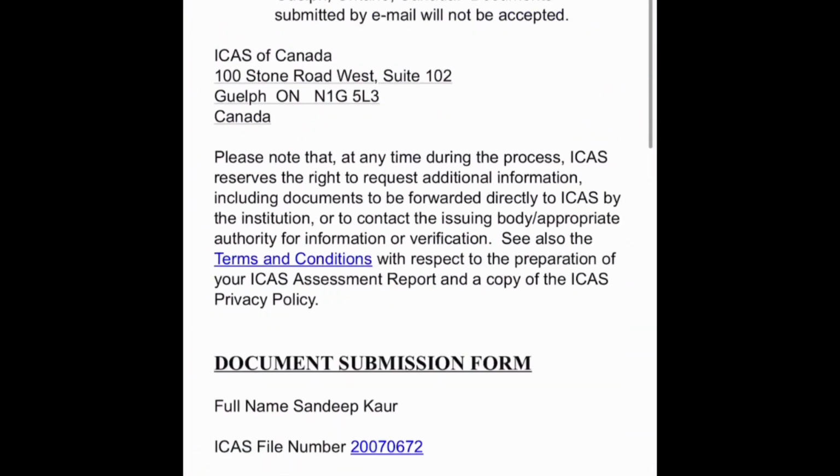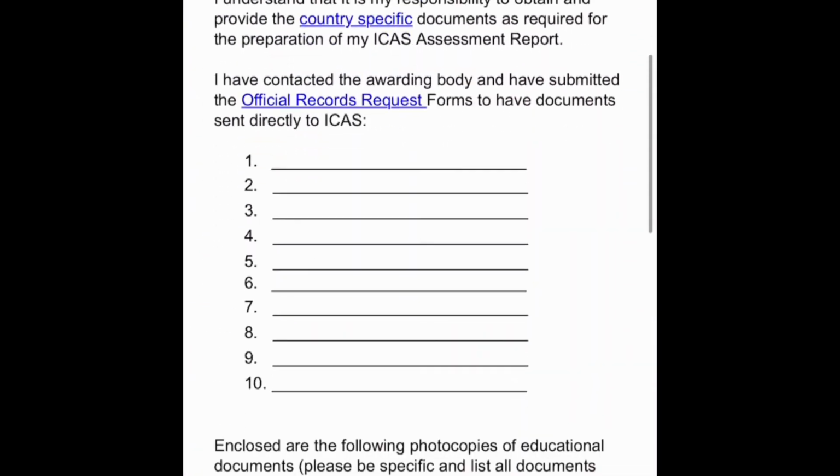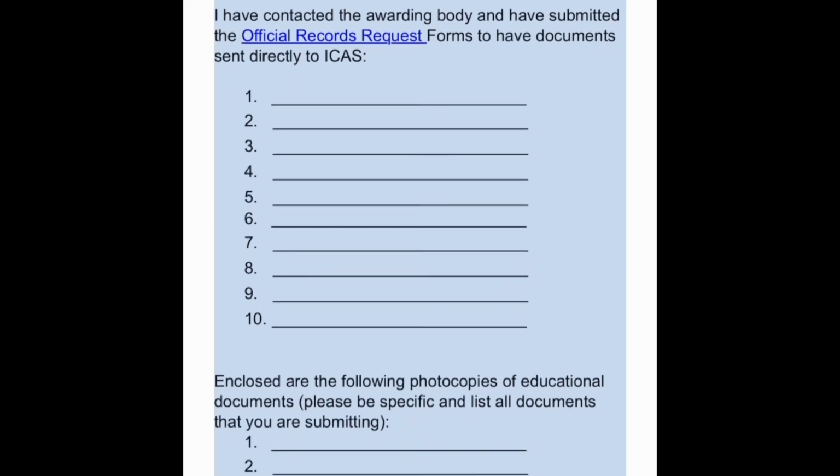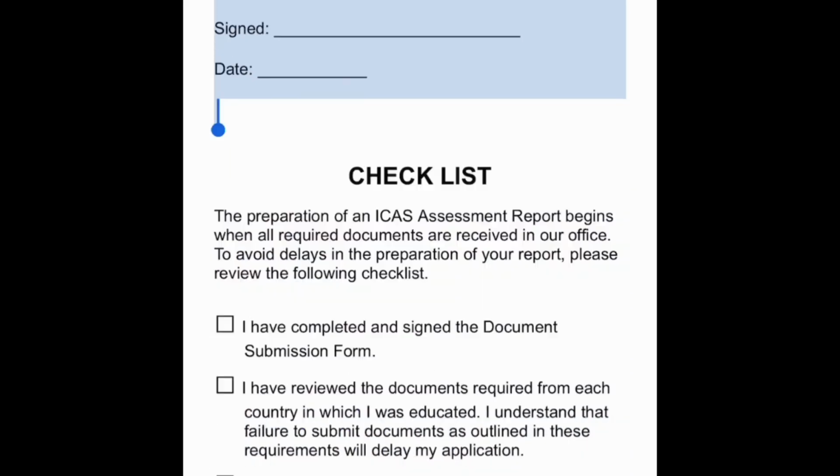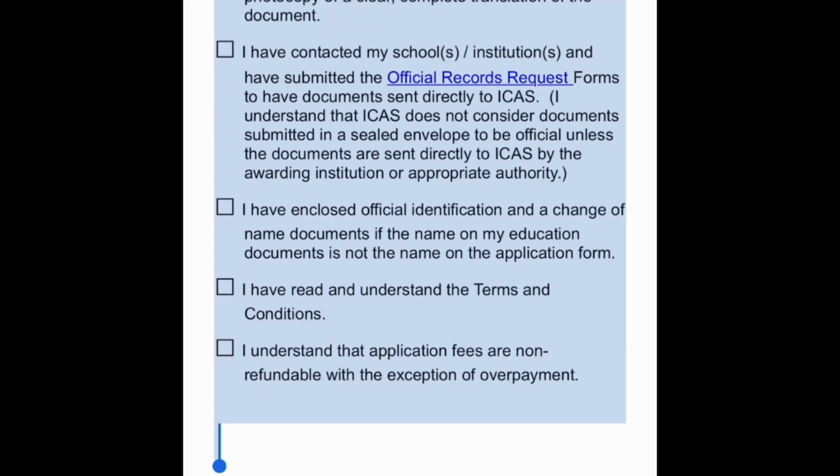After that there will be two other forms: one is the ICAS address form, which you have to submit to PNRC, and one is a form which you have to fill in with your applicant number. It will give you an applicant number also, so you can check that and continue your PNRC process from India. I hope you enjoy this video and that you will be able to do this for GNM.